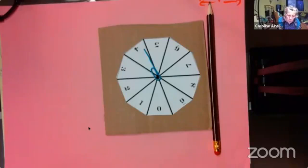It was showing me before and now it's not. Here we go. This is what we're going to start with. We're going to play this game to make sure that the learner that you're working with actually is able to do this. So first thing we're going to do is,